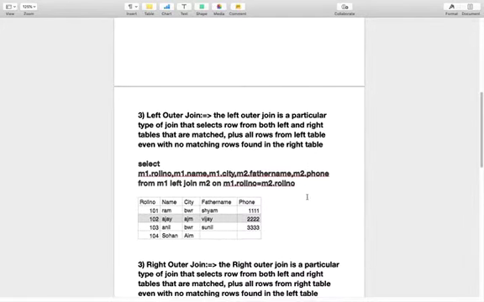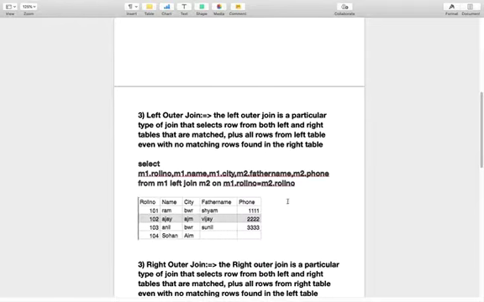Our left side table is M1 and the right side table is M2. So when we are using left outer join, all matching records are coming and it will also give the records from the left side which are not matching with the right side table M2. In this way we can get all records of the left side table and the common ones with the right side table.